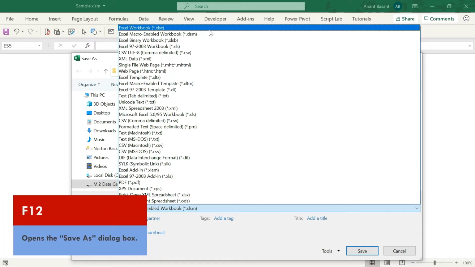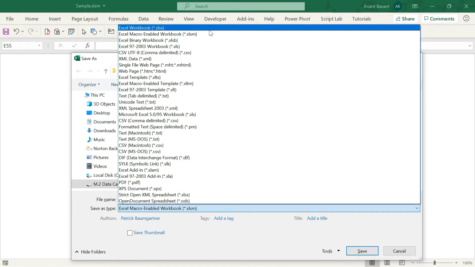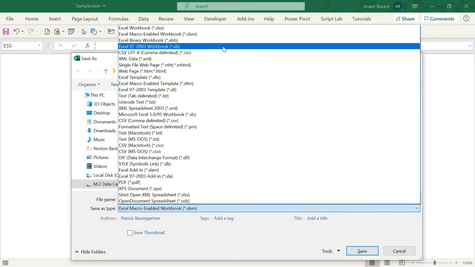Some of these formats were introduced in Excel 2007 when Excel increased the number of rows and columns in a worksheet. .xlsx and .xlsm are two of those. In .xlsx format, you cannot save macros. If you want to save macros in the file, use XLSM format. .xlsb and .xls are Excel's proprietary binary formats. .xls is the old one used before Excel 2007.